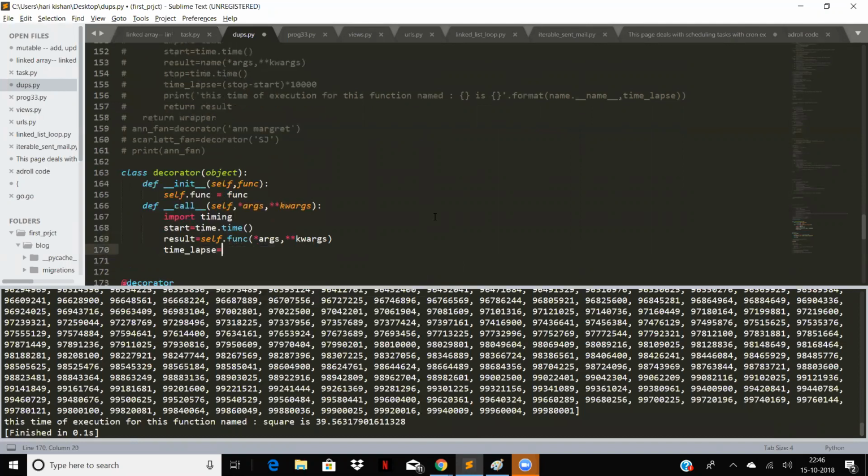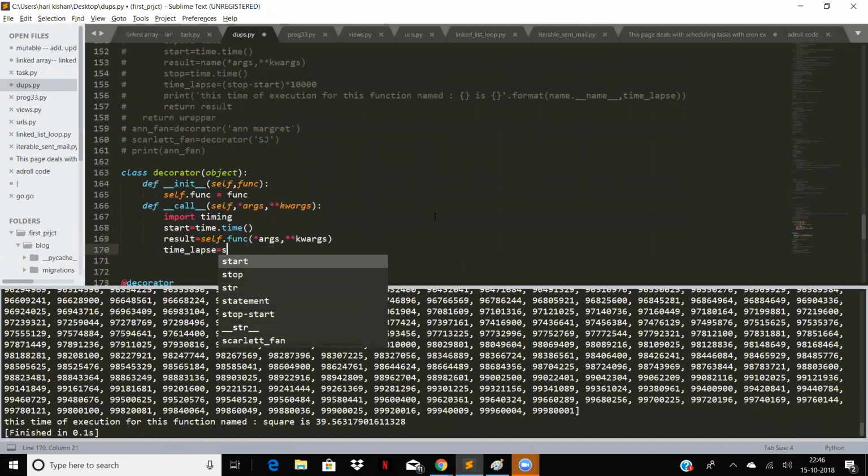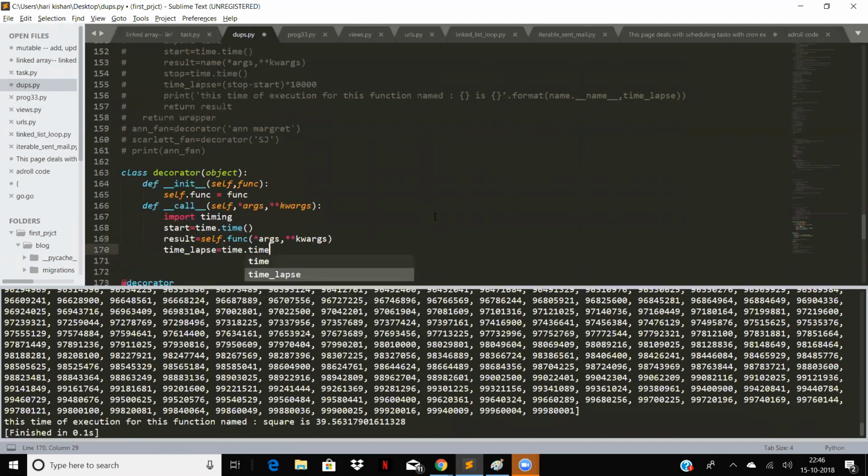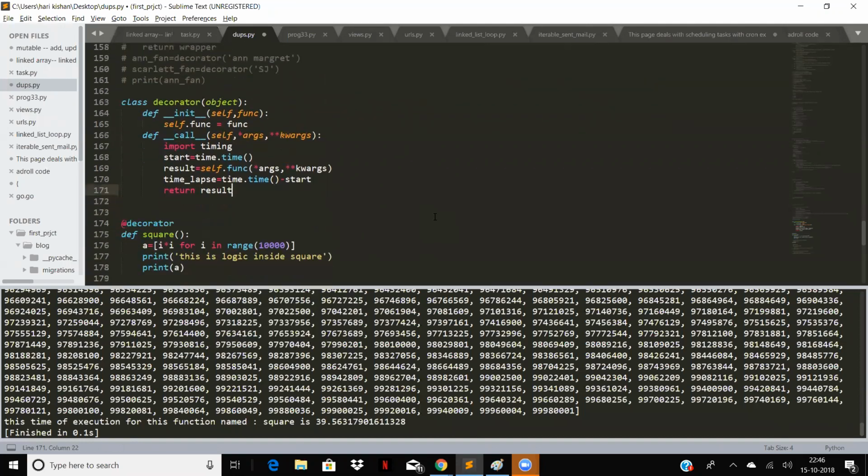Time lapse is equal to time dot time minus start. Maybe I need to do a multiplication over here, and that's okay, fine. And then return result. So when I do this,